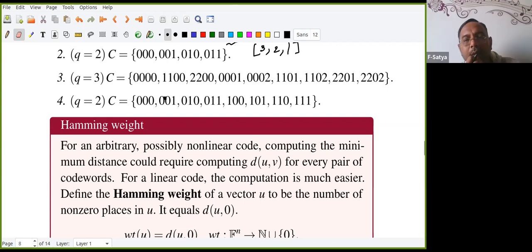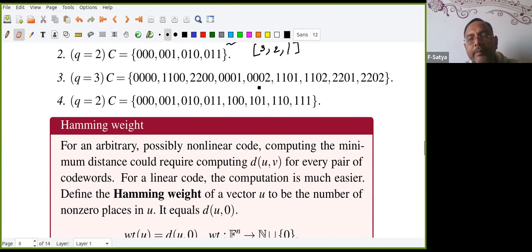Okay, so see, you take any non-zero vector, right? That becomes one of the basis vectors, linearly independent. So you can choose. First of all, how many elements are there in this set? Look at that: 1, 2, 3, 4, 5, 6, 7, 8, 9. So it is 3 square, right? So how many vectors do I require